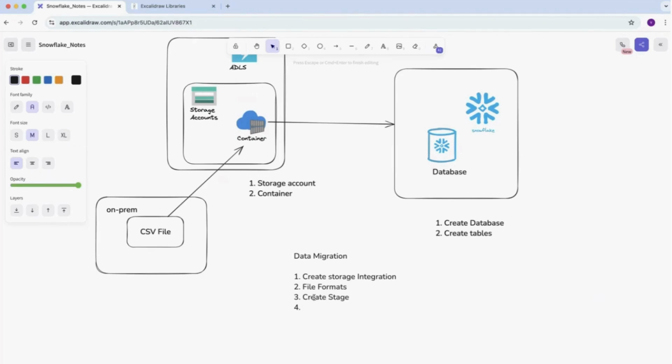Once your integration and stage are created, the next step, as we're already creating the table here, is we can directly start to copy load into the table. There are so many ways we can migrate the data. I think previously we discussed the migration using SnowSQL, the process. Now we are looking into the process of